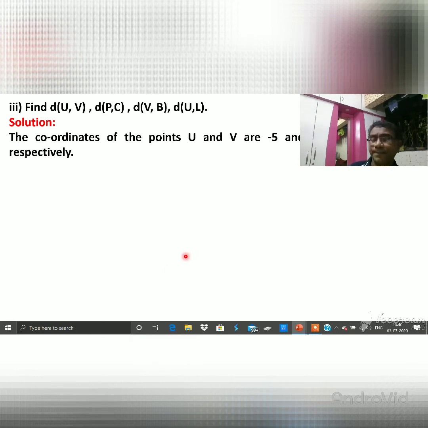So there is the number line, the numbers written remain, but in your textbook that number is written below the points. The coordinates remain there, but in your textbook the coordinate is written. So U coordinate is -5 and V coordinate is 5. So all of you very well know the positive number is always greater than the negative number. So this 5 is greater than -5. So we can find out by taking the bigger number and subtracting the smaller number.